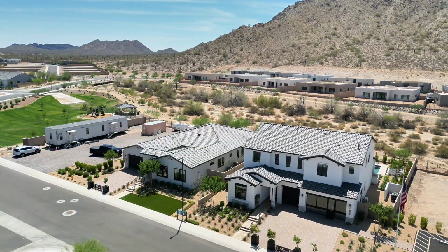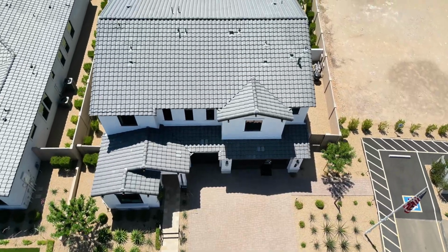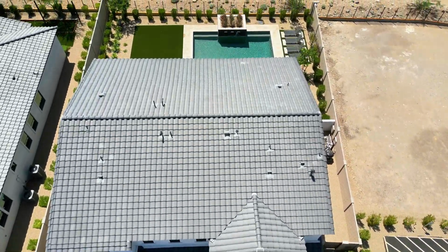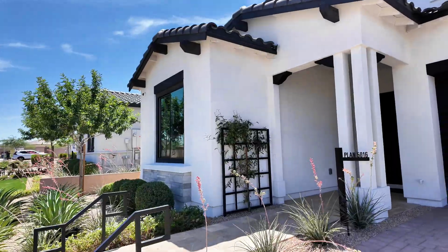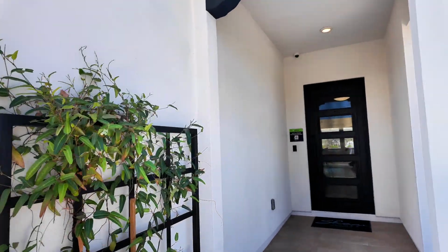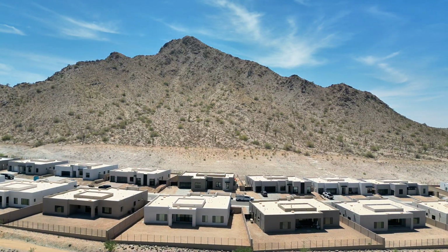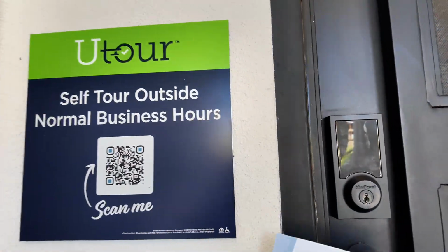Now we're at the other collection out here, and this is the Emblem series. The last time we saw that was part of the Prelude, and there's two, Emblem and Prelude. Now Prelude, that one's a little bit more expensive, larger homes, and the cheapest one there starts at $794 as a base, and they have three different floor plans. Now here at Emblem, you have four different floor plans to choose from, and the lowest price is going to